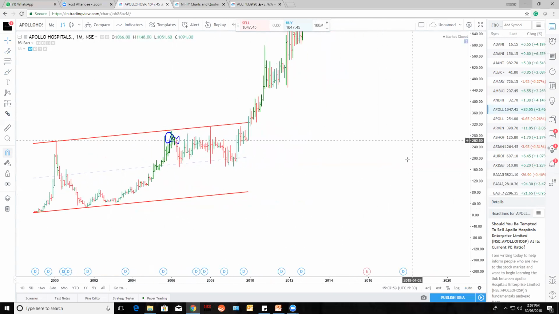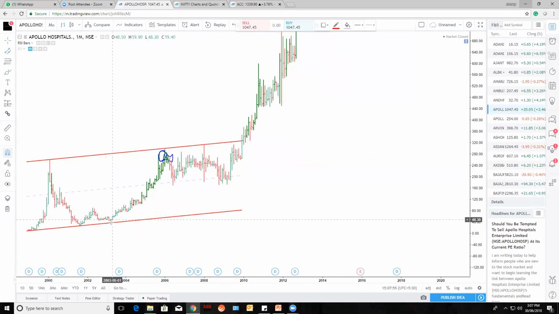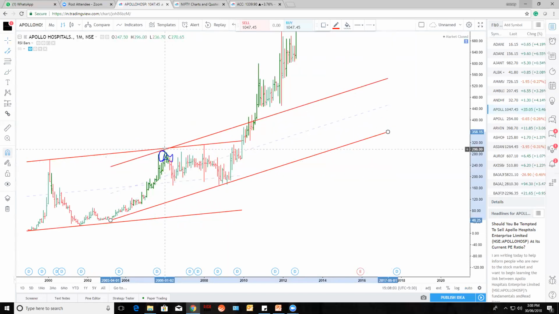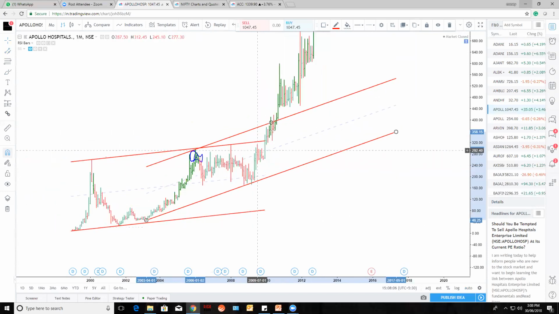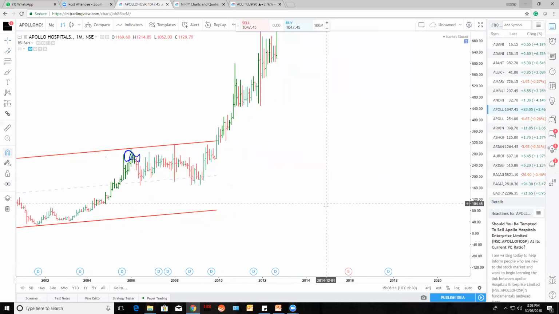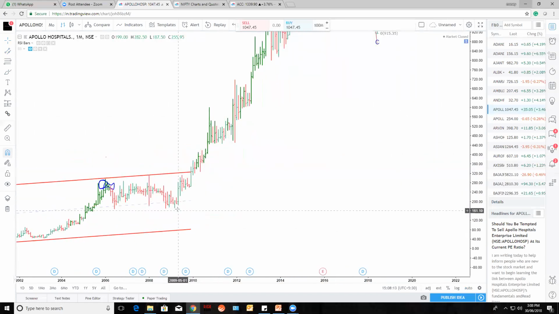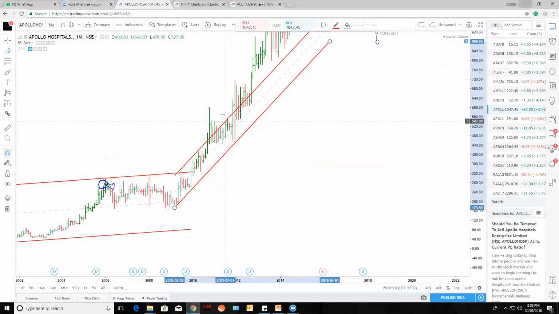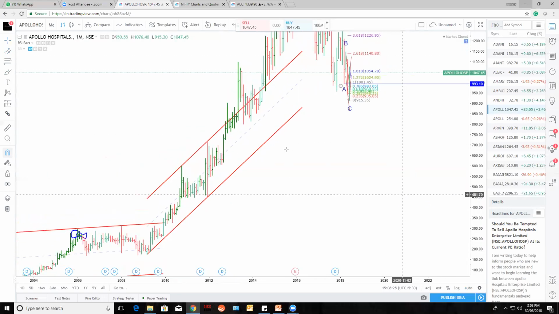Now one more channel here. This is the one low point, this is the second low point. Draw it further, this is the highest point. You need to connect it. So this is your next channel. Once it crosses this channel, let's change the channel. To draw the upward channel, you need only 2 points. Let's take this as the first low point. This is the second low point. You connect it and draw it further. This is the highest point. Connect it. See, next you are exiting here, or at least at the channel side.